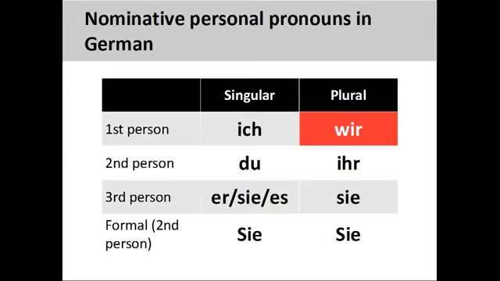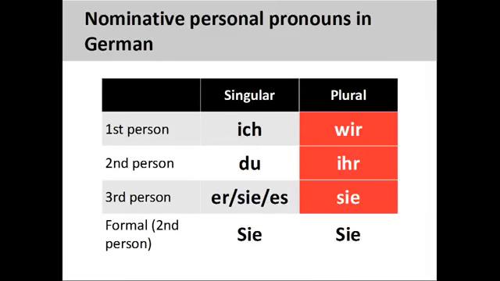The first group of actors to appear on the stage is wir, we, the first person plural personal pronoun. Another group of actors appears on the stage, which we would collectively address as ihr, y'all. Again, this is the informal form of address and should only be used with groups of close friends, relatives, young children, and pets. The final group to appear on the stage is a group of actors that are separate from the first two groups. We would therefore refer to these actors as sie, they.